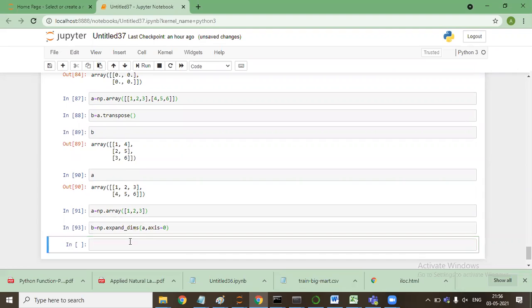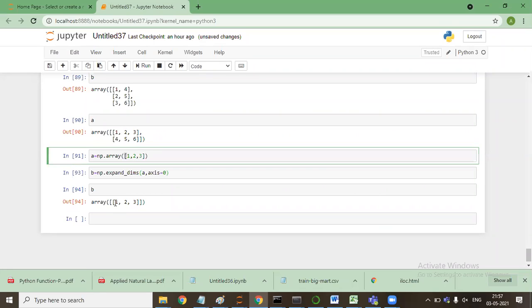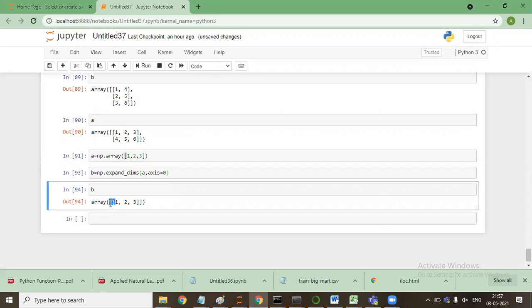I'll say B. Now it has increased the dimension. Did you get it? Earlier it had a single bracket. Now it has become two-dimensional. The dimensions that have been expanded are on the basis of the rows.